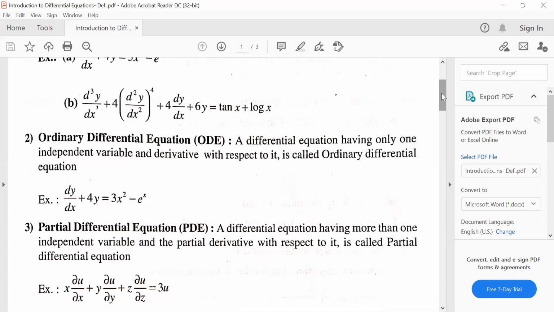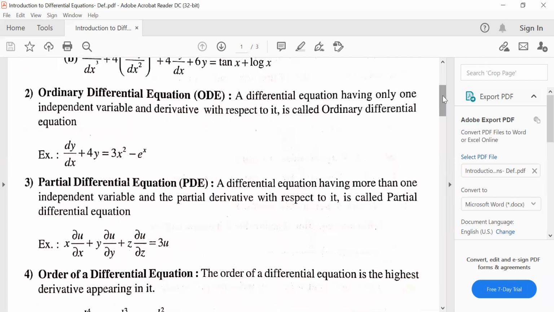That's why all the derivatives can exist for it: u with respect to x, u with respect to y, u with respect to z. All the derivatives involving them are partial derivatives, and the equation is named a partial differential equation. So as of now, in this chapter, we deal with ordinary differential equations, right?